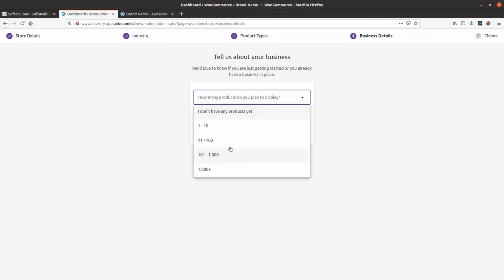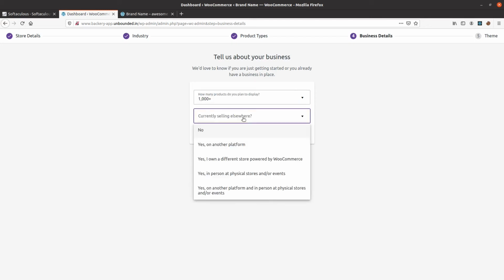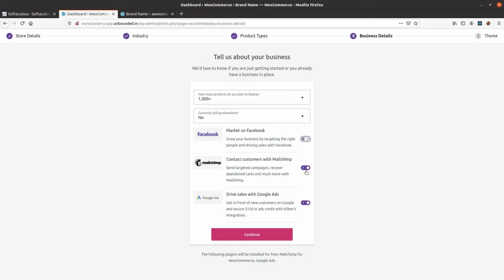So how many products will you be listing? Again, this is also not relevant to how your website will look, but you can go ahead and choose anything in here. Like, are you selling currently anywhere? You can just click no, and you can leave all these things blank. This is to have another set of configurations. You can explore these things once you're more familiar with WordPress, and if you want to have this configuration in place, just let me know. I will try to answer it in the comment section, and if there is more demand, I'll try to create a video on that as well.